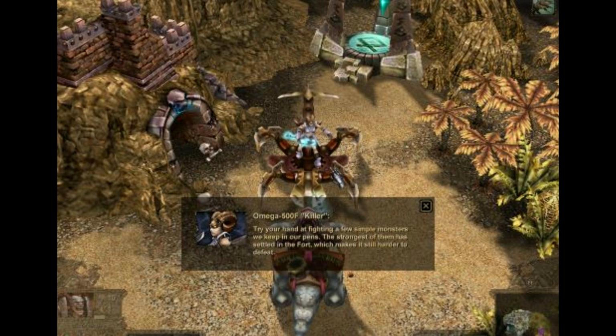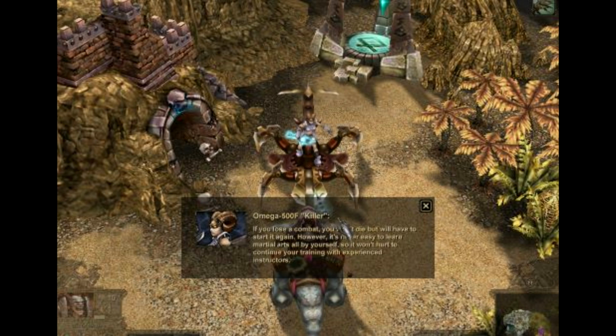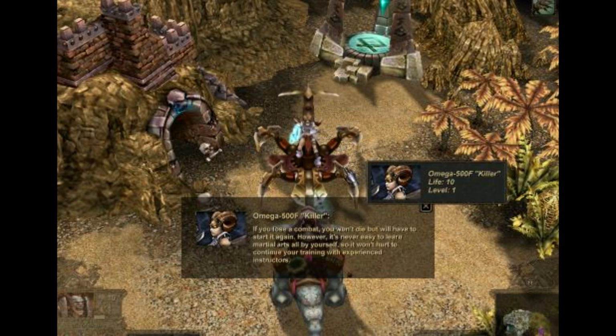Try your hand at fighting a few simple monsters we keep in our pens. The strongest of them has settled in the fort, which makes it still harder to defeat. If you lose a combat, you won't die, but we'll have to start it again. However, it's never easy to learn martial arts all by yourself, so it won't hurt to continue your training with